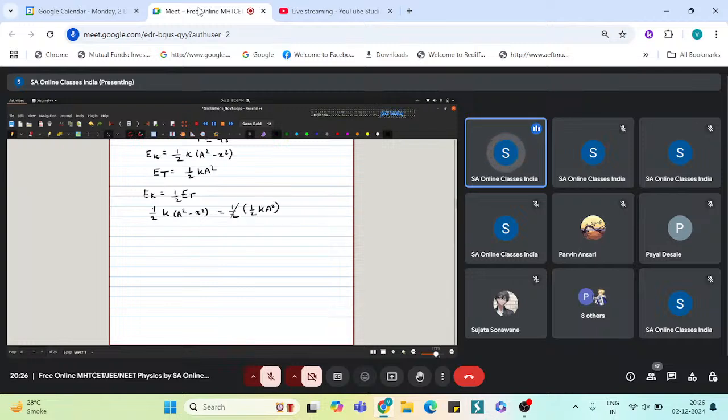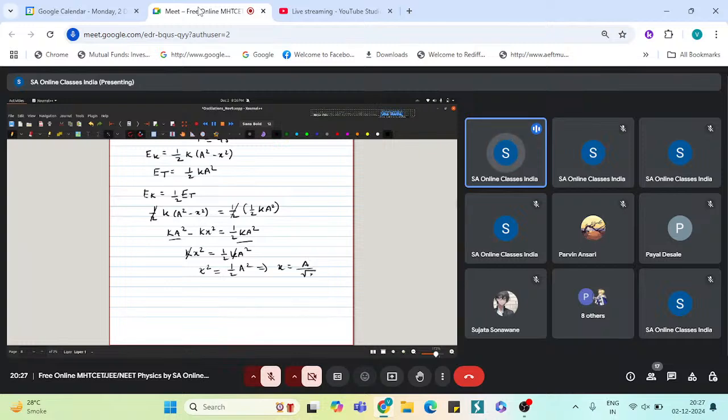So this 1 by 2 will cancel here, and then we can just open the brackets and write k a square minus k x square is equal to half k a square. And then we can find out k x square, which is equal to k a square minus half k a square, which is just half k a square, and k will cancel, and then we will have x square is equal to half a square,